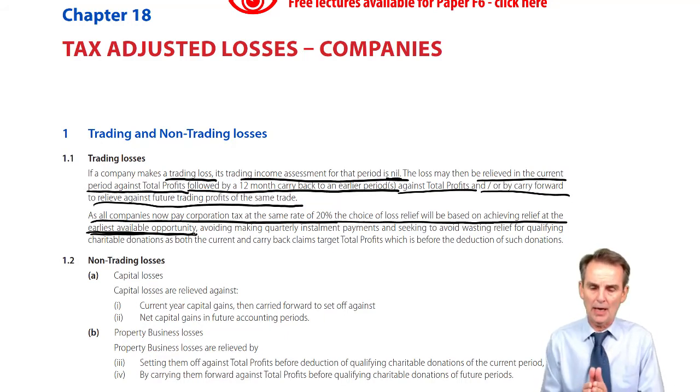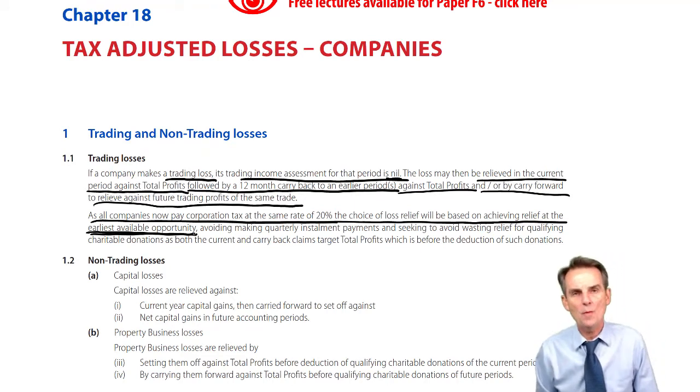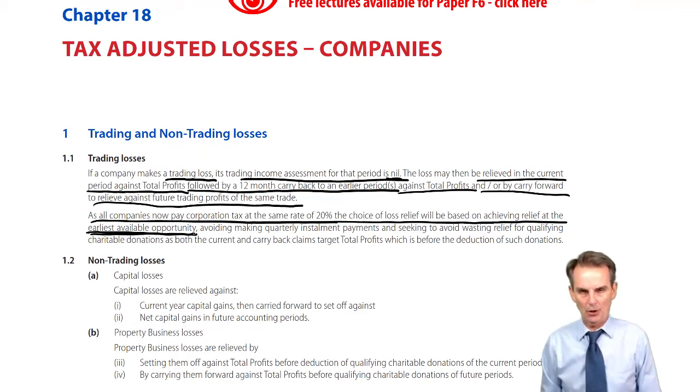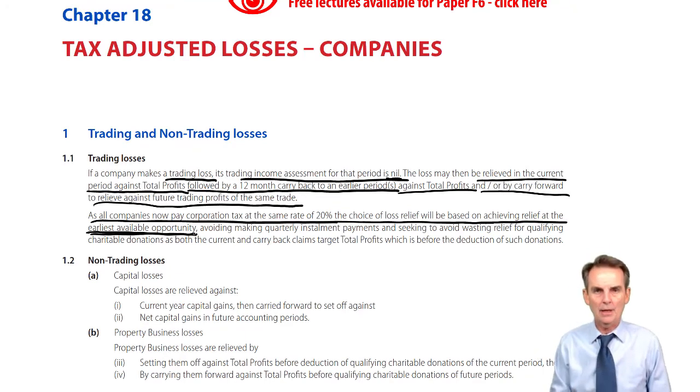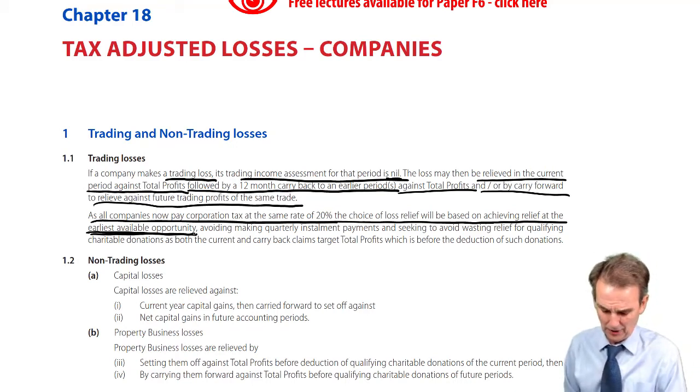So when a question says for you to show the loss reliefs, assuming that you relieve the losses at the earliest available opportunity, the order for making those loss relief claims is current period, carry back claim, carry forward. Now that's an instruction that you need to understand and be able to obey. Again, we'll look at the detailed computations in a few minutes' time.